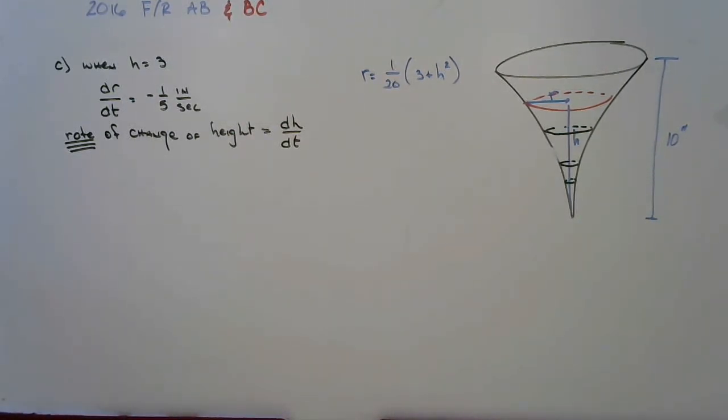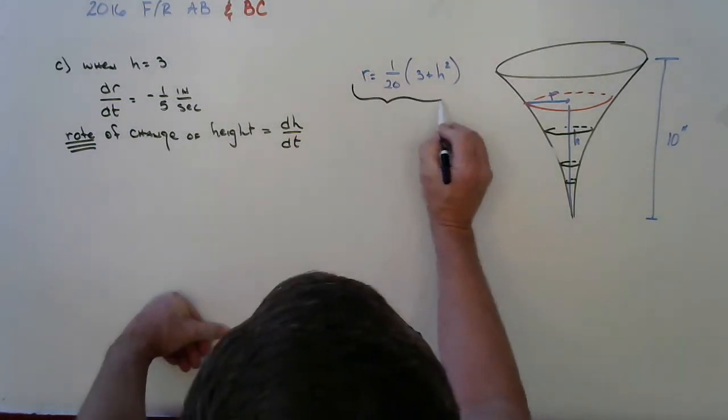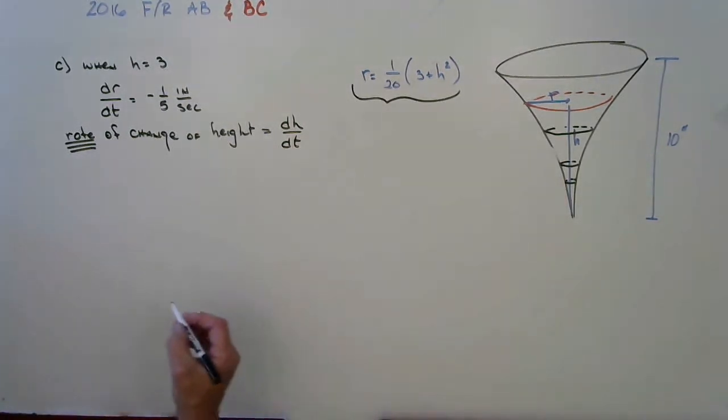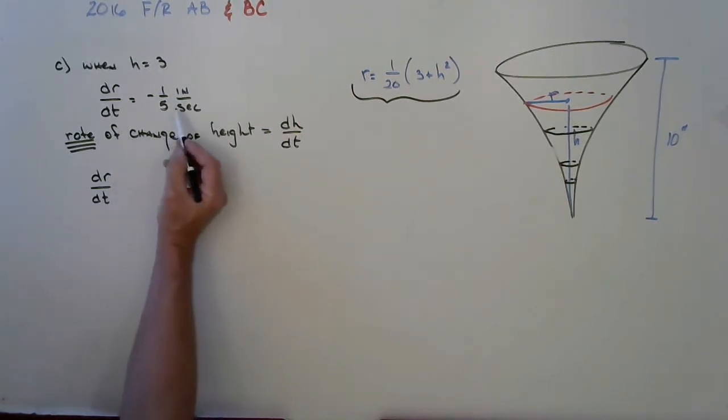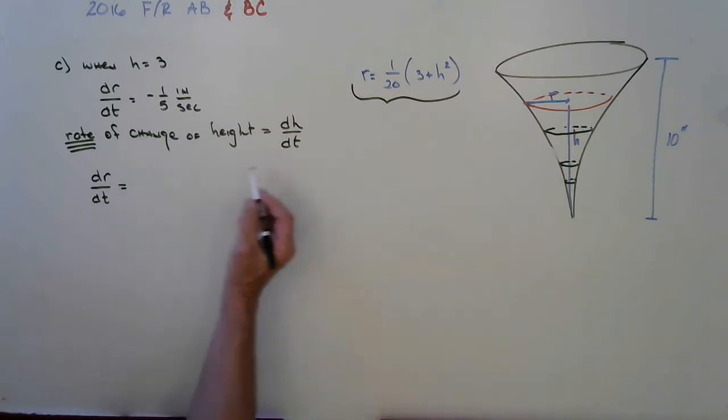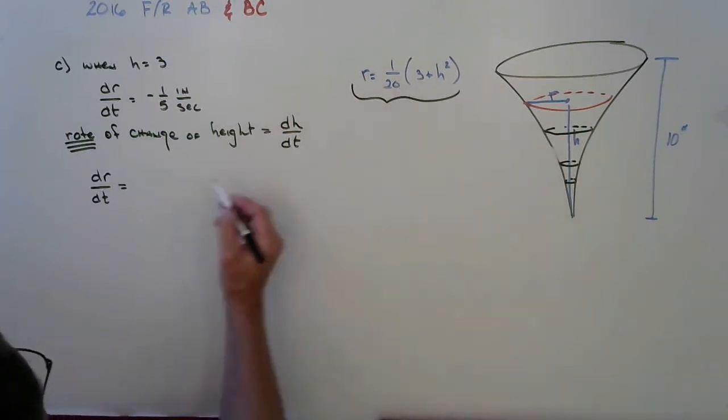They want us to find dh/dt. Now, how are we going to find that? Well, we're going to take the derivative of this. If I take the derivative of this side, I get dr/dt. I know what that is. If I take the derivative of this side, I get 1/20